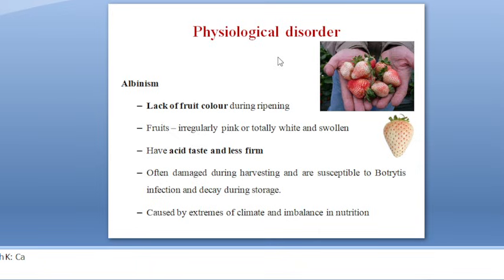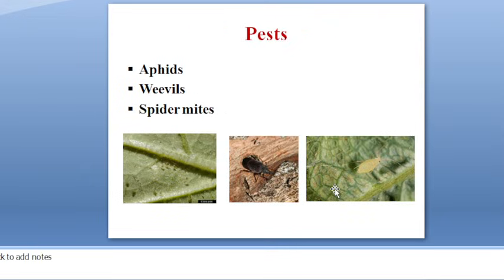So before occurrence of the disorder itself, we have to take some precautionary measures. Suppose once the quality of the fruit is lost, we cannot get it back. It is affecting the quality criteria also, the internal quality. So this is the one disorder. So we have to apply proper nutrition as well as manage the temperature, or we have to hide the strawberries behind the leaves, or we can select varieties which have more foliage.